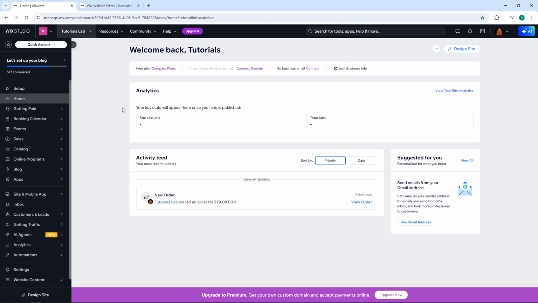Welcome back, everybody. Today, I'm going to teach you how to add Discord chat to your Wix website. This is a fantastic way to keep your community engaged and allow visitors to interact directly with your Discord server